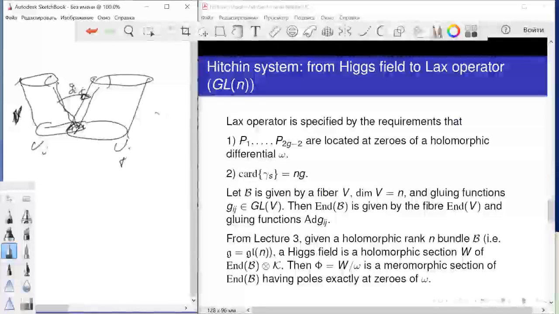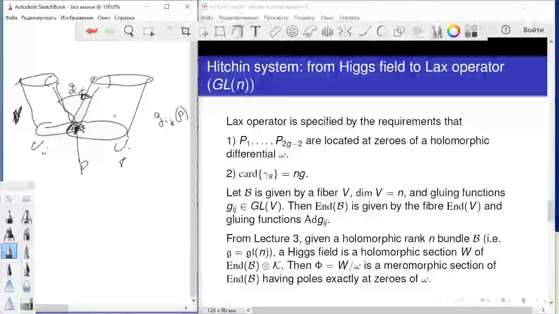Gij depends on P, a point of this intersection. Well, then